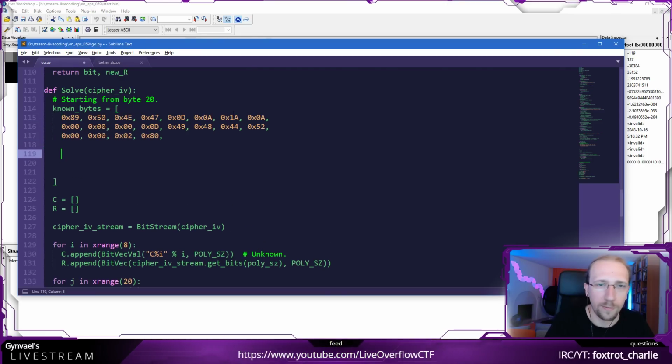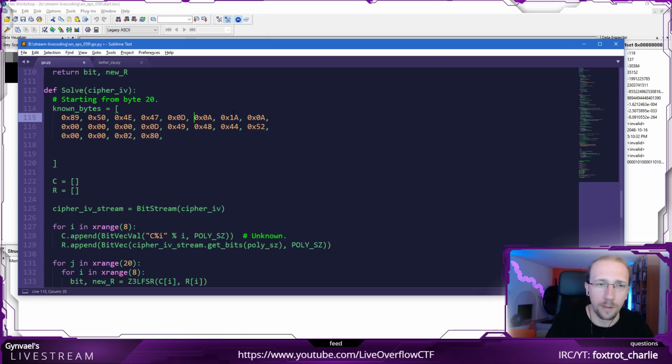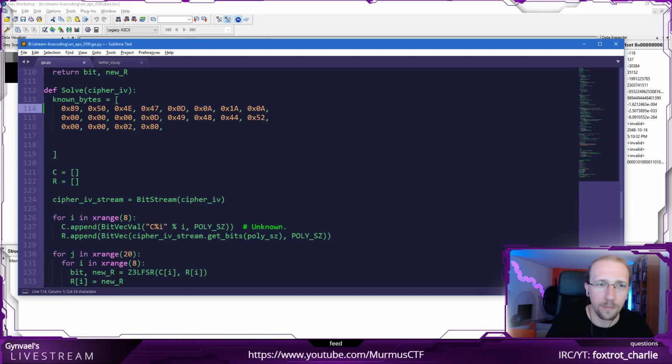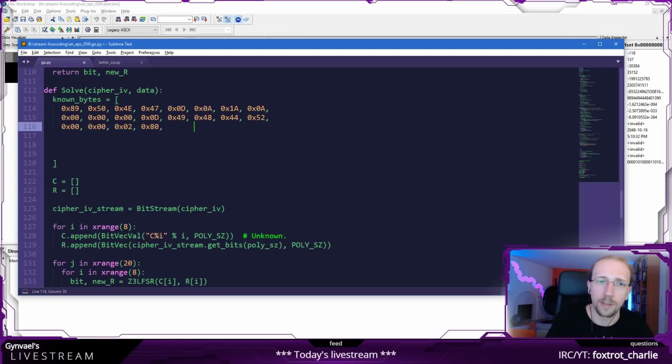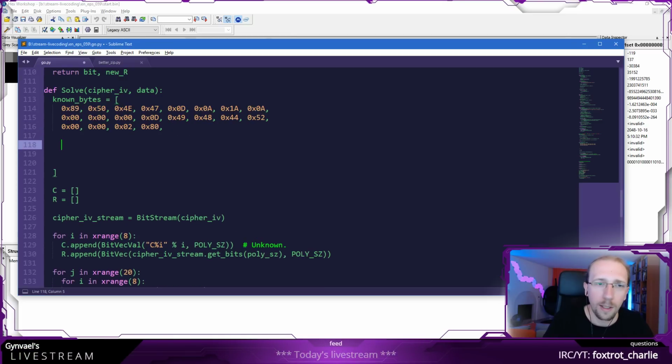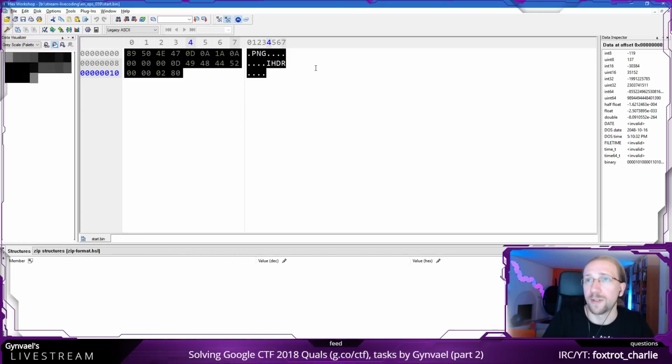So these are the bytes from the file, which I know are correct, so I'm not starting with 20. Then I do need the data, because I will have to XOR the known bytes with the data. And now is where the guessing starts, right?